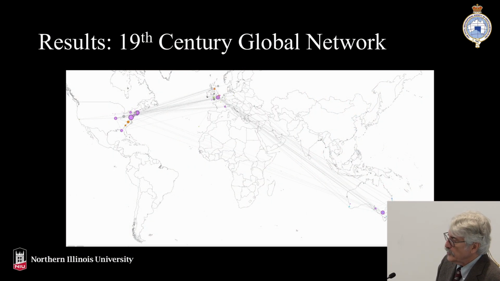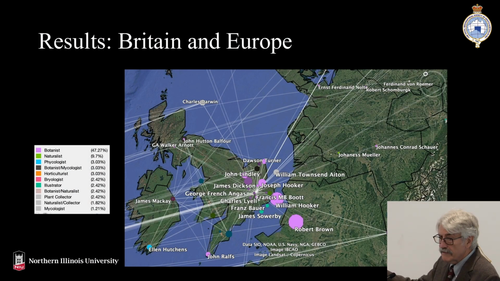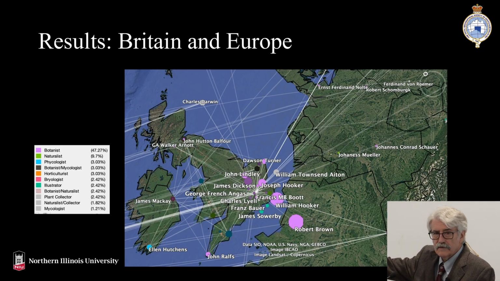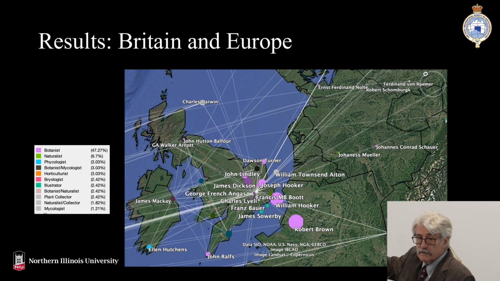That's a Gephi approach to where everybody is. It's a global network, 19th century global. Here I just expand locally, where these people are. Charles Darwin does not reside in the North Sea there. That's an error in the latitude. I corrected that, but it's not on here. He would be down near London, a suburb of London now, I guess. But here's Robert Brown, he's a big player. The size of the circle means degree, how many connections they have. He has a lot.